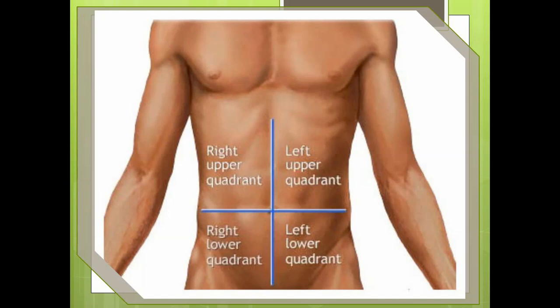And if it comes to the left lower quadrant: sigmoid colon, anus part, the large intestine and the smaller intestine, ureter, bladder, half of the bladder, and the same thing I said in the right lower quadrant. If it is a female patient, left ovary. If it is a male patient, left testes. All this part consists in this region.